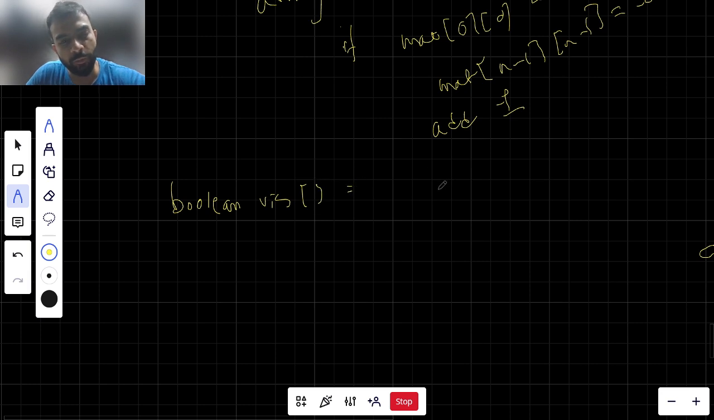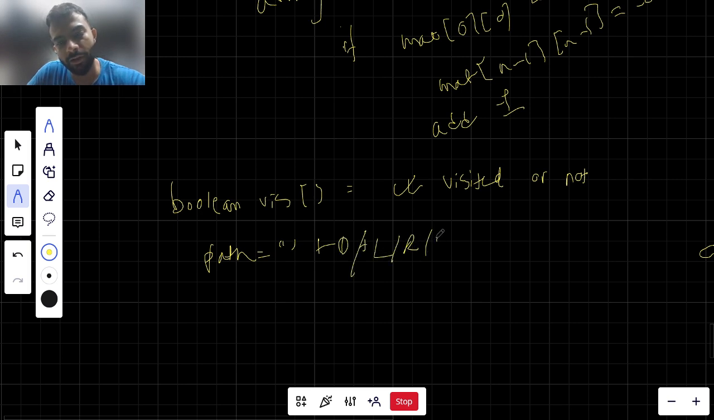Okay, so the boolean visited array will store whether a particular cell is visited or not. After that we'll be having a path. The path will help us to attach all the keywords: down, left, right, top, like that. So once our path is done, we are going to recursively call the DFS function, and